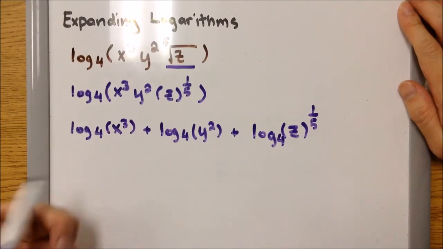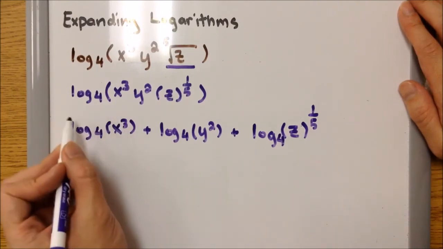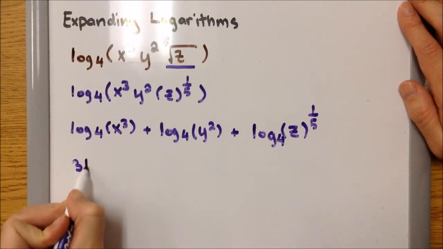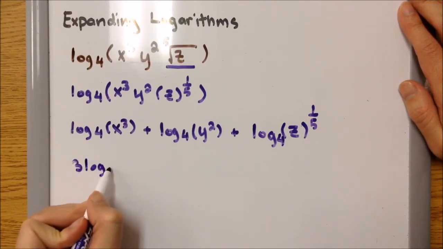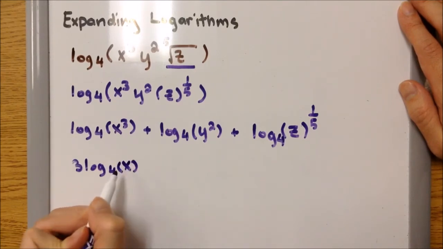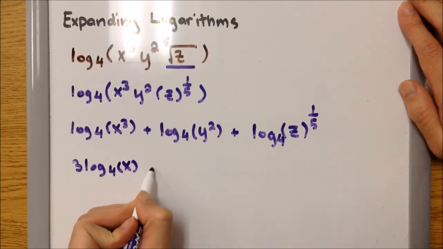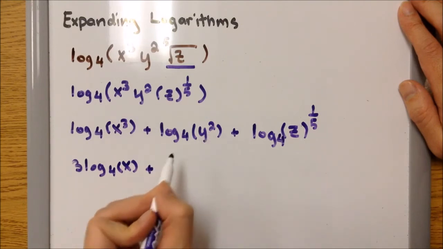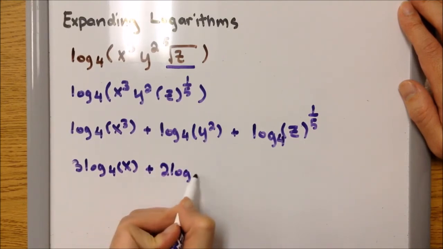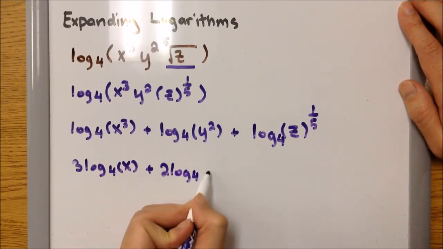So the first two, I'm just going to move the exponents to the front. So it's going to be 3 log base 4 of x plus, that's the 2, so 2 is going to be in front, and then log base 4 of y,